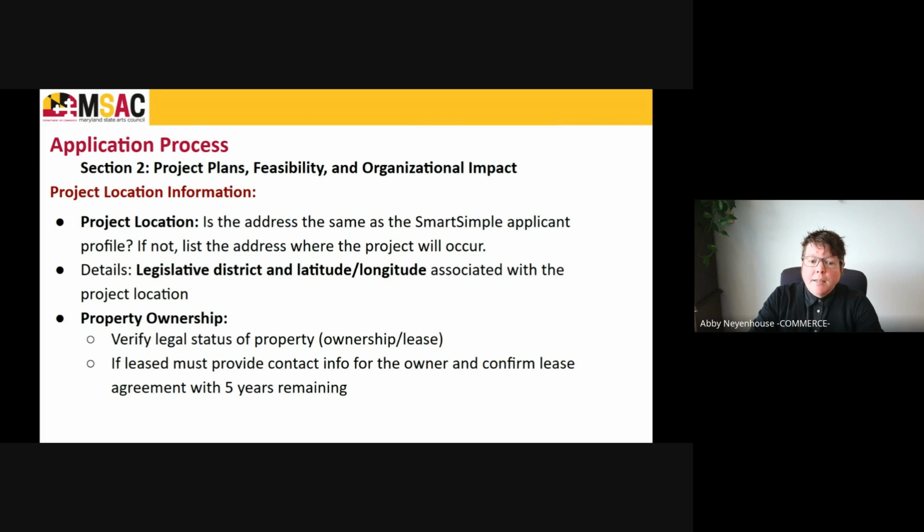Property ownership is the next area. We need to make sure that the property is located in Maryland, and that you have either ownership rights to the property you're proposing to improve, or a lease that has at least 5 years remaining.